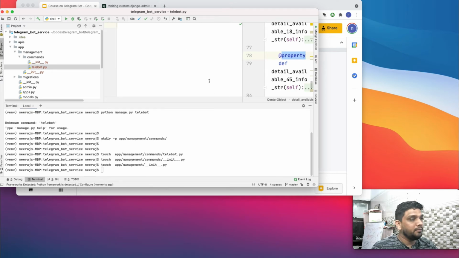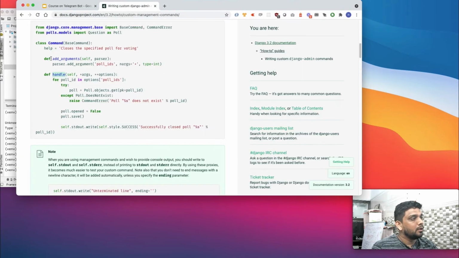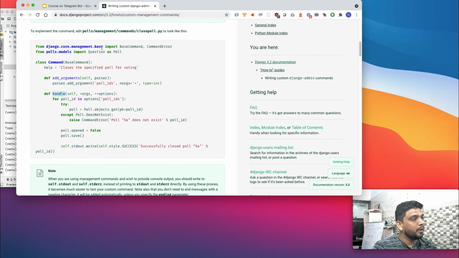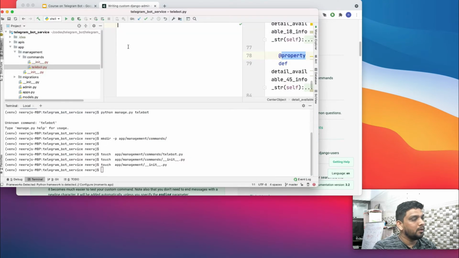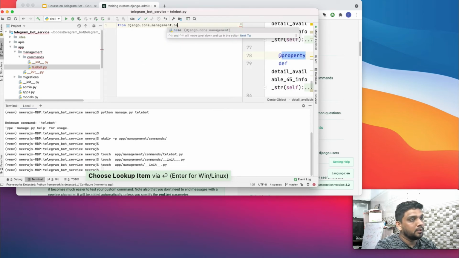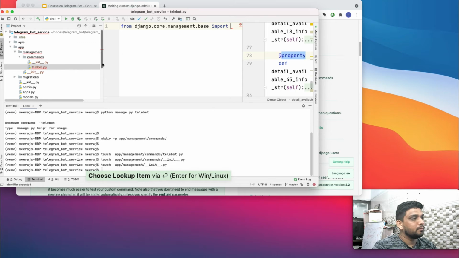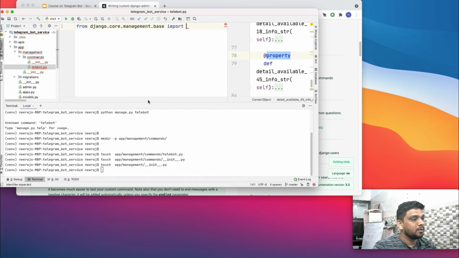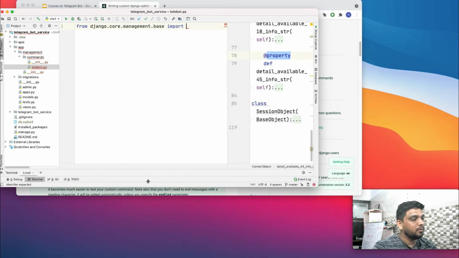We need to import, from django.core.management.base, BaseCommand. Let me just zoom it out a bit.